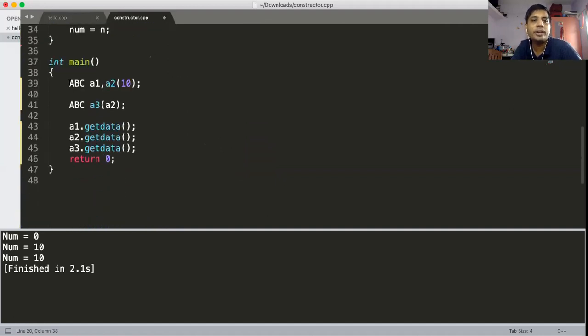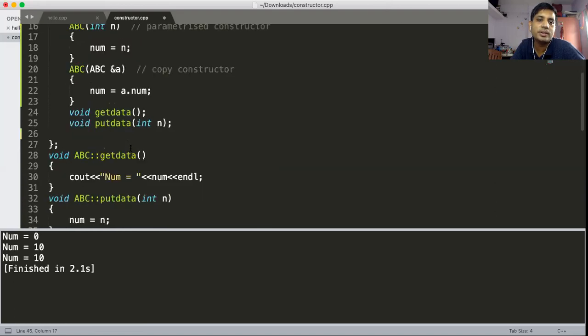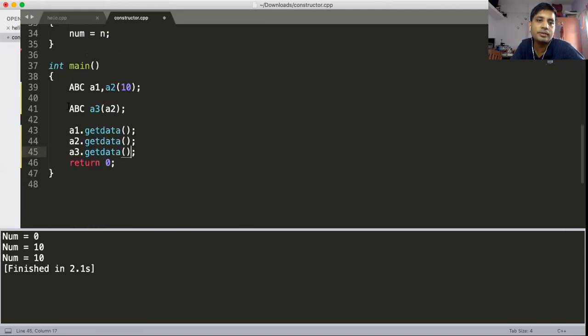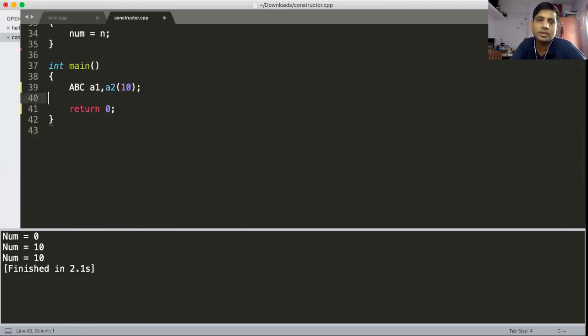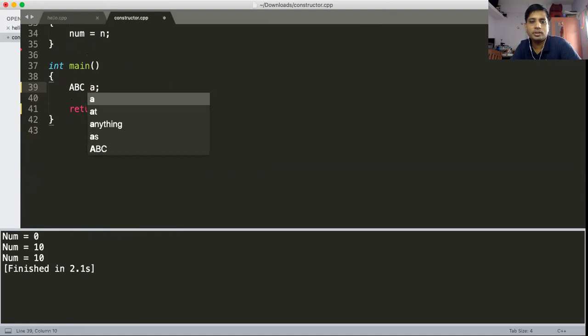Now I have created some objects. Before this, I am sharing this program with you in the chat window. Next, I'm creating the objects here. You tell me which constructor gets called. Suppose OB2 of 45.